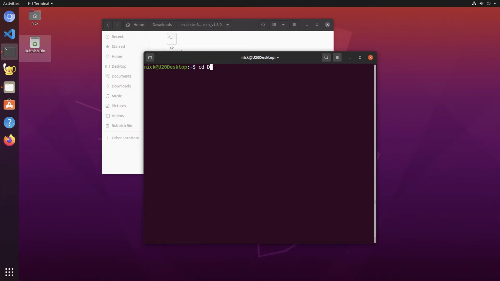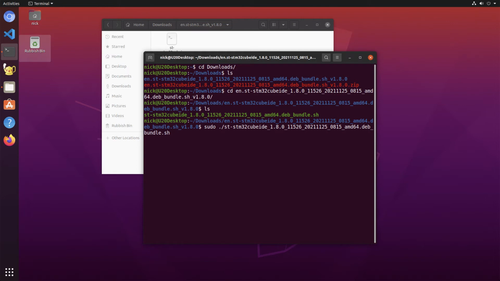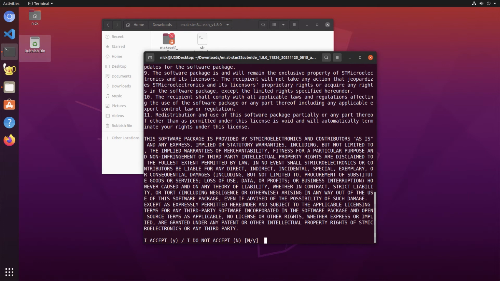So we can cd downloads. If we ls there, we can see that we've got the zip and the directory, so we cd into stm, and that takes us there. ls there, and we can see that we have the huge shell file. And if I then, because we have to install other things in the background, do this, and if I then put my password in, and then it will do some processing, and pretty much apart from these two